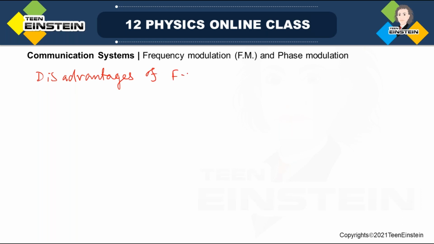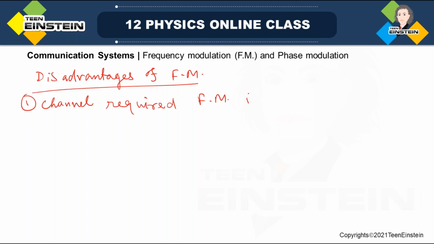Of FM. What are those? In this case, first one, channel required in FM is 10 times wider than in AM, amplitude modulation. Second point is